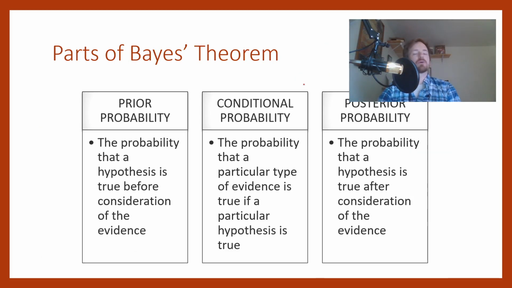All right, so let's talk a little bit about Bayes' theorem. Now, I'm not going to ask you to calculate these things on an exam, but I do want you to know the components of Bayes' theorem. So we have these three pieces. I'm going to start over here at the very end with what's called the posterior probability. The posterior probability is essentially the outcome that you're looking for. What is the probability of this event happening? Or in terms of our decision-making perspective, what is the probability that this information is true given what we know?